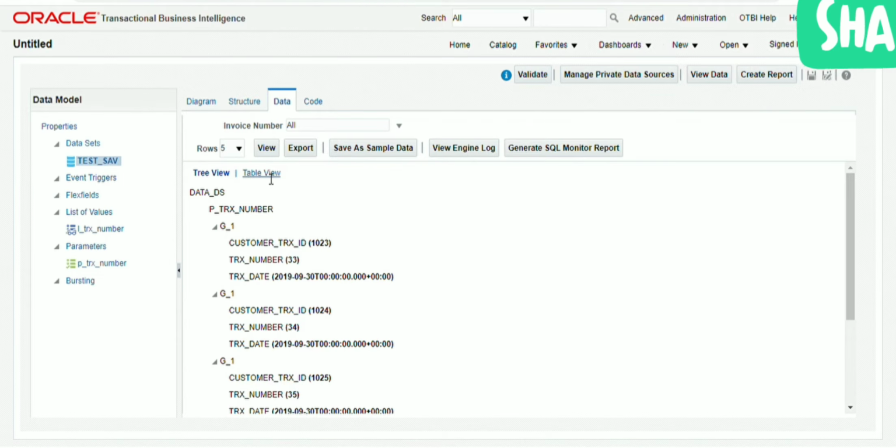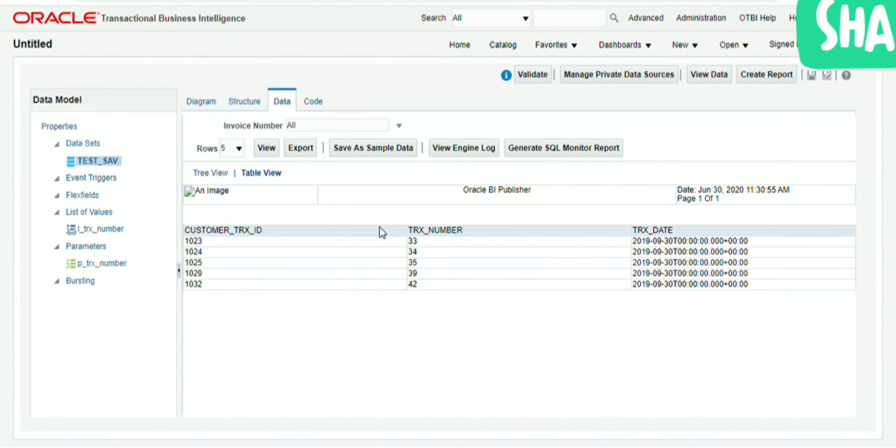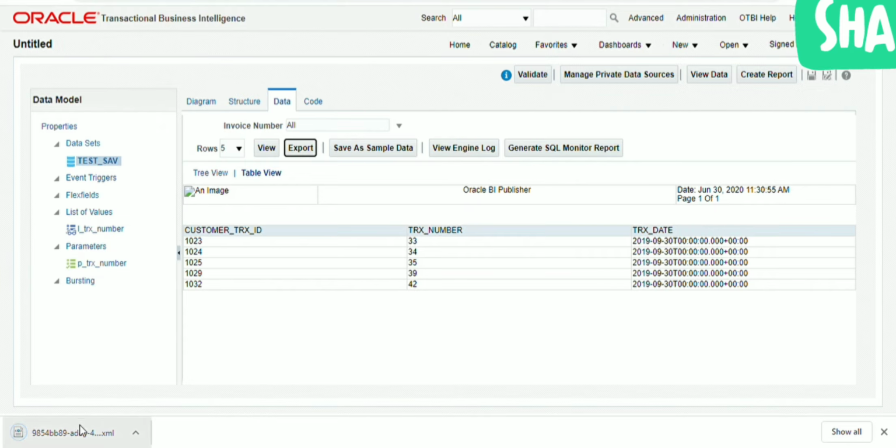Okay, now, if you have worked earlier on reports, preferably in EBS, you would know we need two things. One is the SQL query which generates the XML, and the other one is the RTF file. So for getting the RTF file, we need the XML file, and we can get the XML file by using this export. We will click on export. An XML file will be generated.